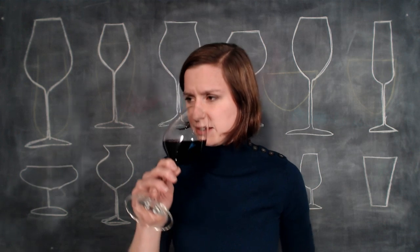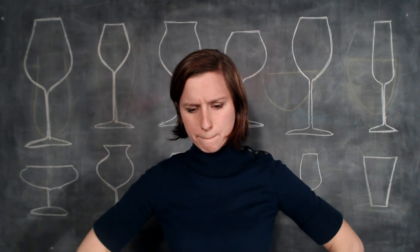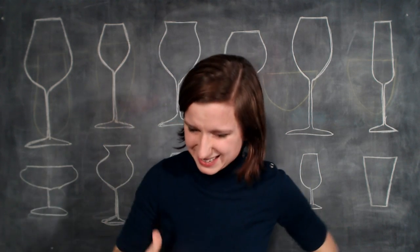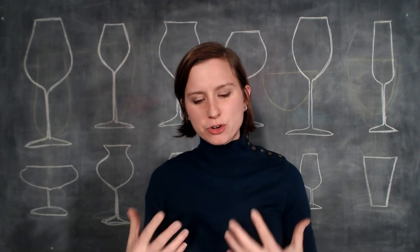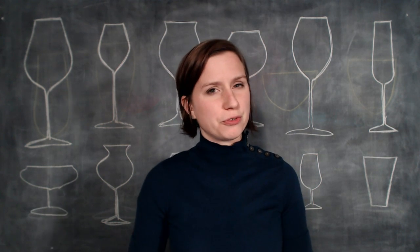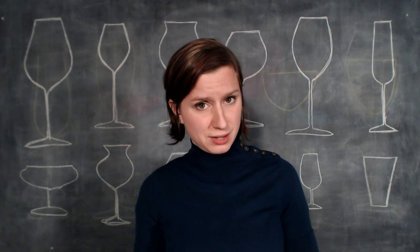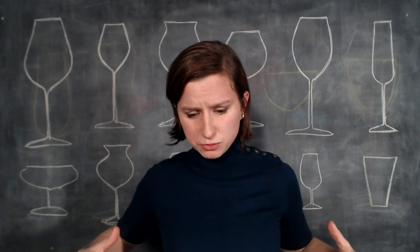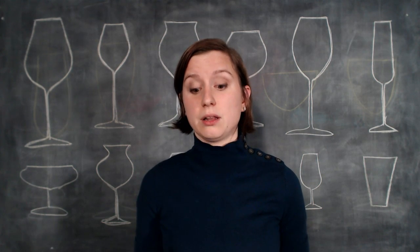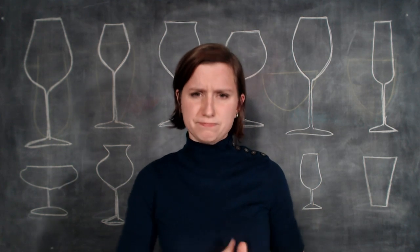And when I taste it, it tastes really bitter. And this is interesting to me because white wines aren't really known for their bitterness. They have a lot of tartness and sour and acidity and that sort of thing, but they don't have tannin like a red wine does. And this glass shape seems to, whoa, tannin. I got a lot of tannin when I actually taste the wine. It smells beautiful, but the tannin is like...